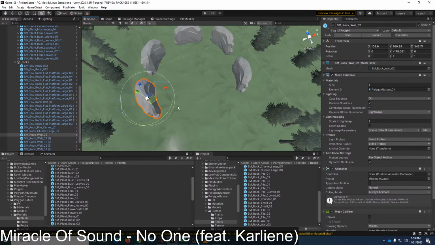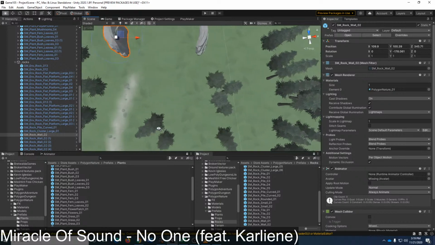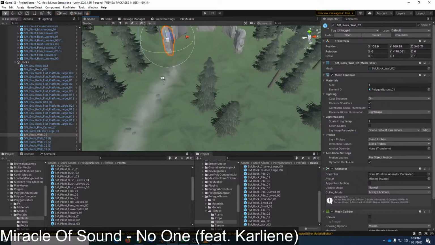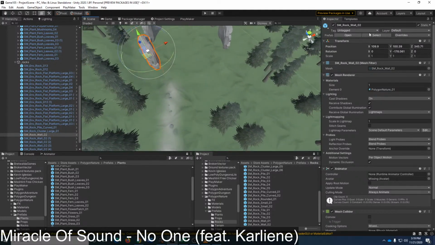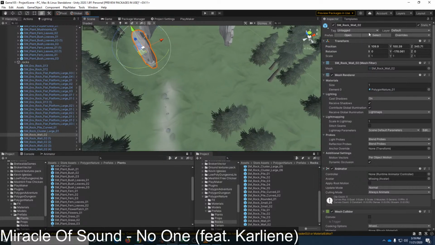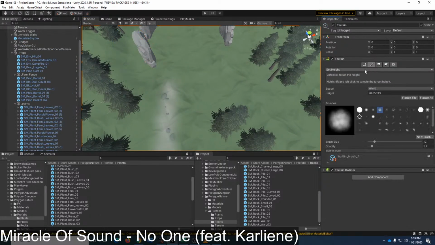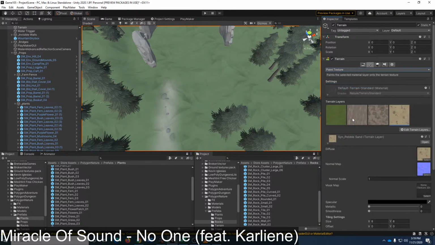Rotate and move this one in a little bit. There we go. And based on that, let's modify that path a little bit.